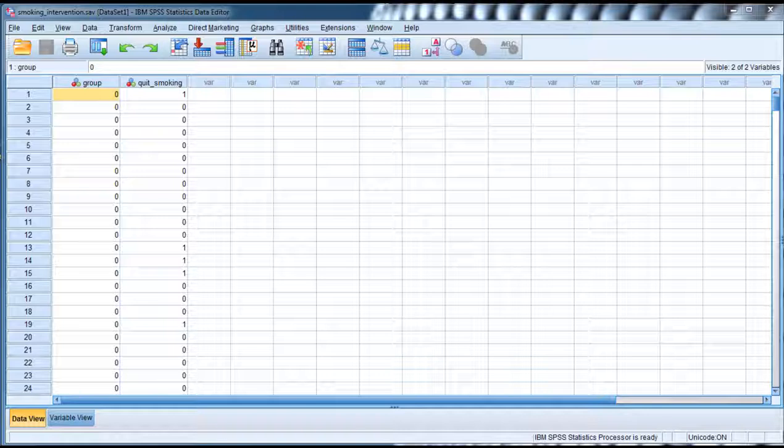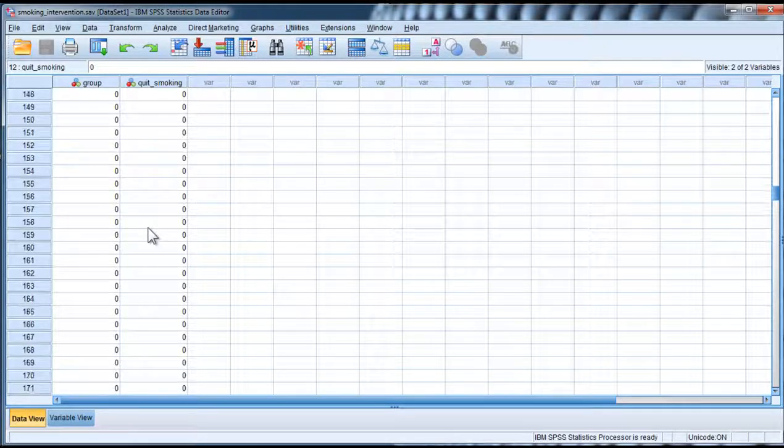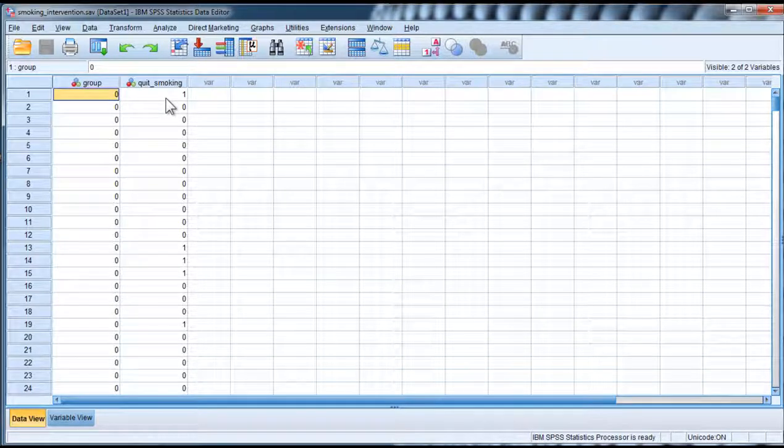Now the sample size that Hughes et al. used was, I think, over 5,000. I've generated data that are based on a sample size of 438. I did that just to make the analyses more manageable, but the effects are virtually exactly, in terms of effect size, what was reported by Hughes et al. So does a mobile phone text message support program help people quit smoking?